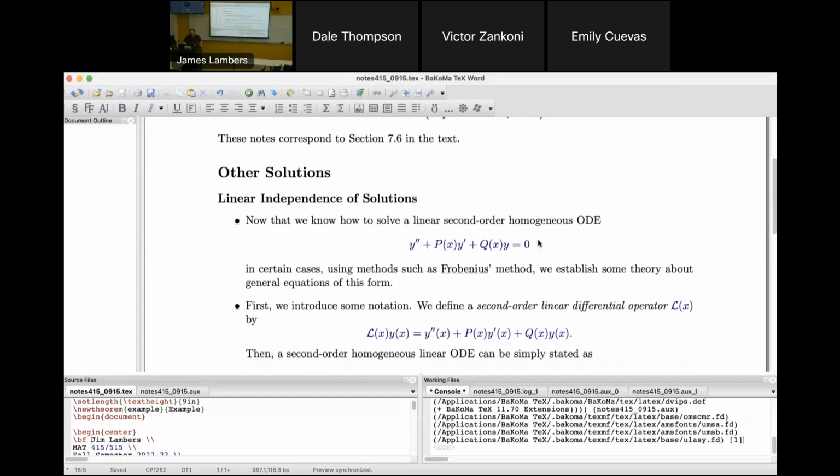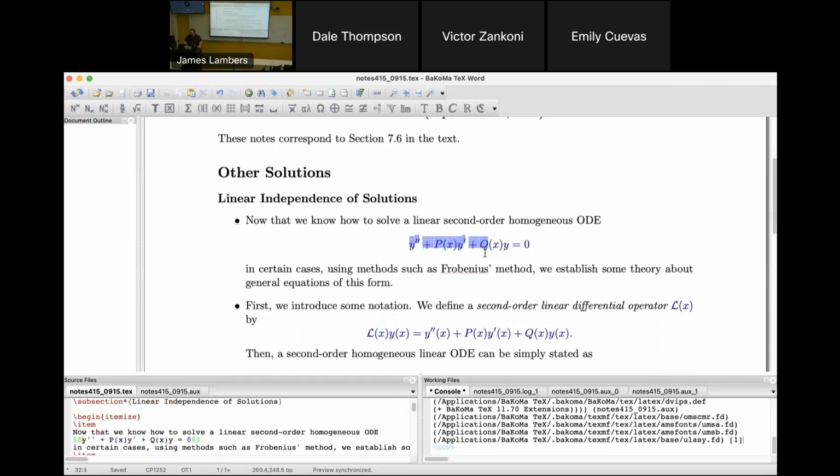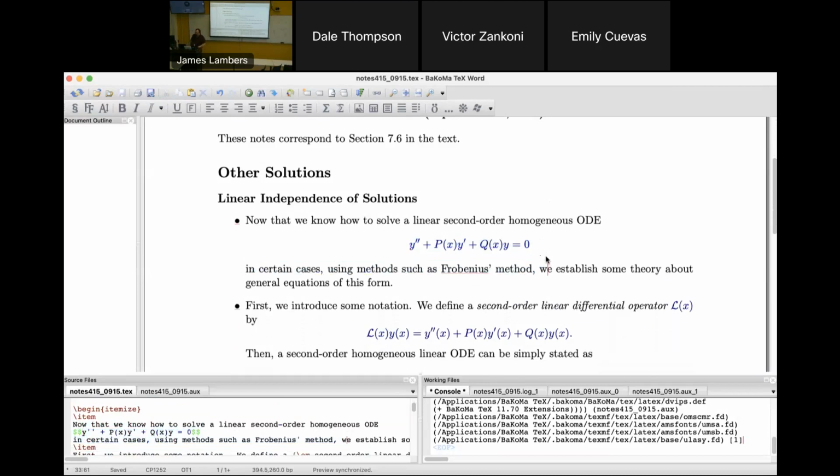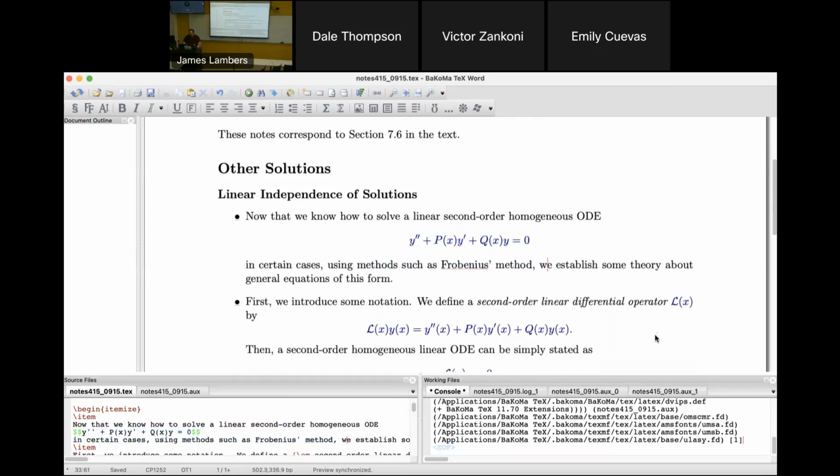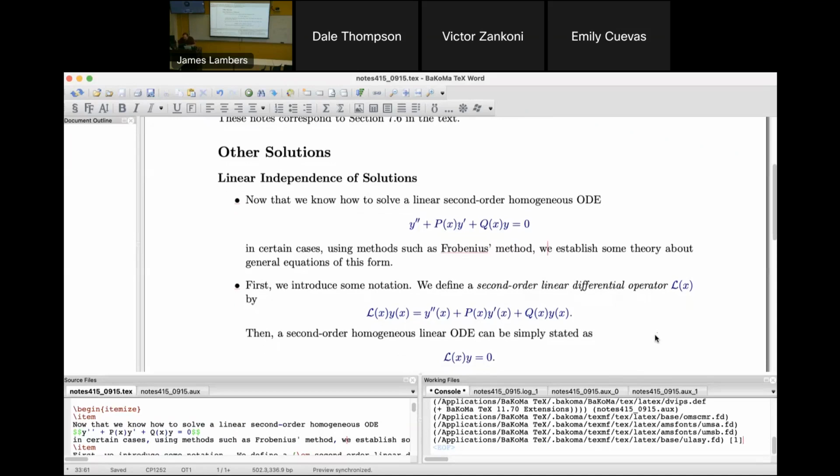So anyway, where we were last was section 7.5, given a second order linear homogeneous ODE of this form, how to obtain a solution using the homogeneous method. Some cases you can find both linearly independent solutions. You probably saw the example last time, the Bessel equation. Some cases you only use the homogeneous method to find one solution, and we still need to find the other. So I'm going to establish a theory about these kinds of ODEs to see how to proceed and find that